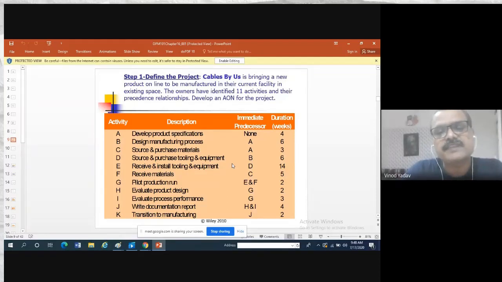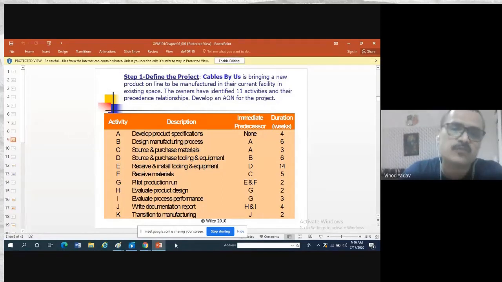Then design manufacturing process. What are the things required to manufacture the product? So we have to design that manufacturing process. When we say design, it does not mean that we physically design things, like how this computer or this mobile will look. Design also means designing a process, how it will work. A plan is also a design. So tomorrow I will wake up in the morning, catch the train, which local train, what time I will wake up, all these parts come under design. So design manufacturing process, then source and purchase material.